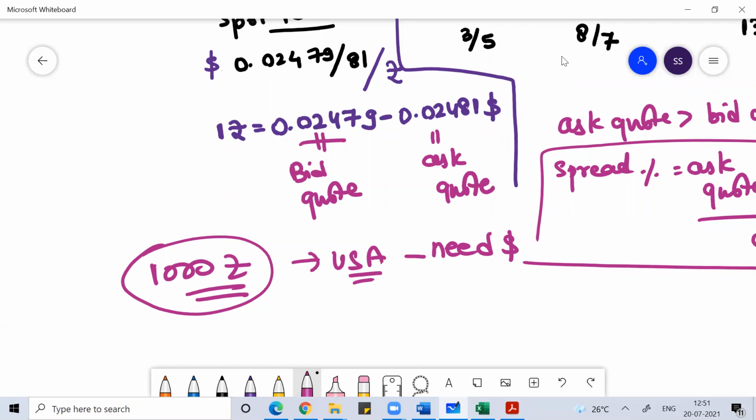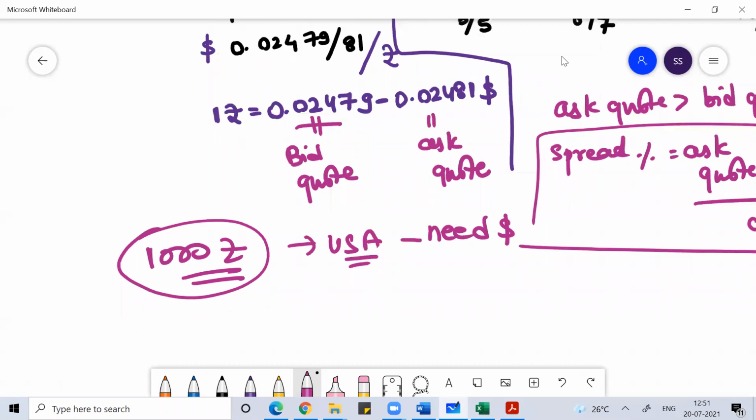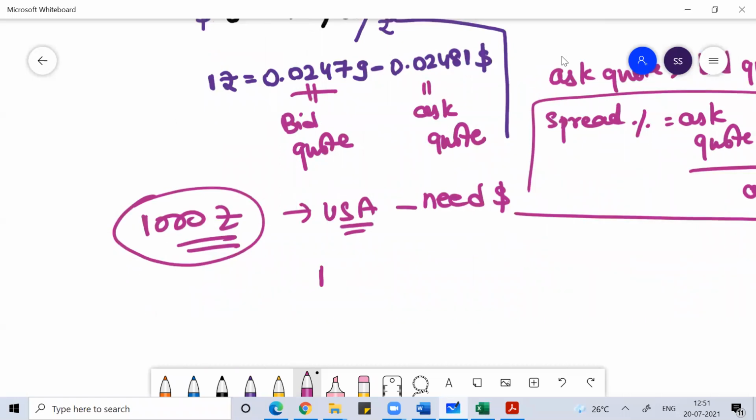So how much value will the bank give you in dollars? If the bank takes 1 rupee as 0.02479 dollar,